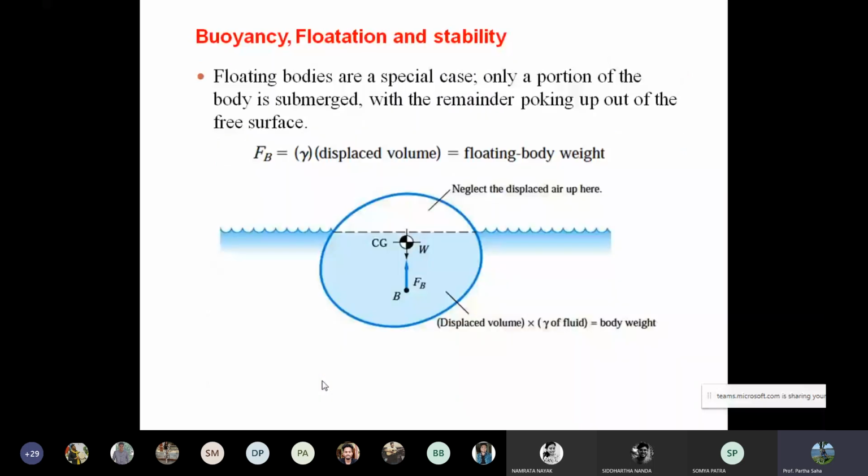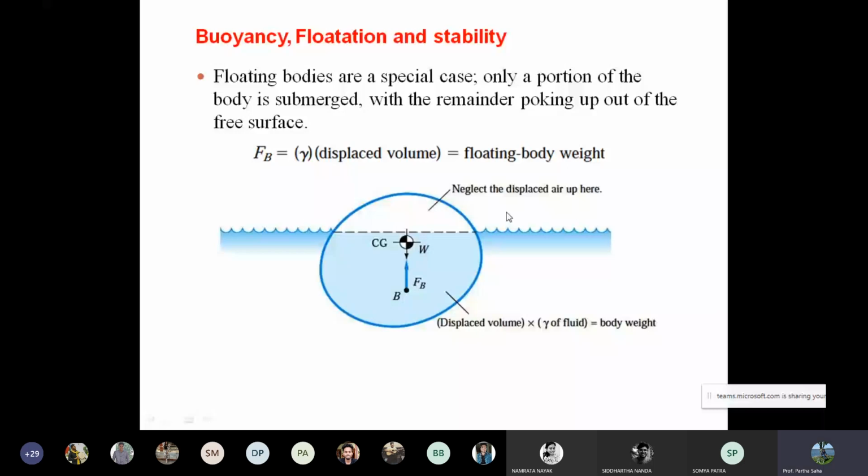So now let's look at the buoyancy force here. In the floating body, CG is the center of gravity, B is the point, and FB is the buoyancy force, which is acting upwards, and the weight tries to push it down, right? So the total force is the displaced volume, okay? And this gamma is the volume, which is nothing but the floating body weight, right? So the amount of the body that is going to be submerged is equal to the amount of water it is going to displace, because this is the amount of water displaced from its position, right?